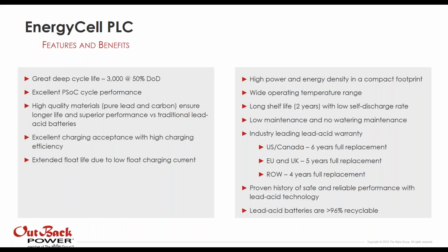So the PLC offers great features and benefits. It has a great deep cycle life. I'll be repeating this over and over: 3,000 cycles at 50% depth of discharge. It has excellent partial state of charge cycle performance. The high quality material, so that's pure lead and carbon, ensures longer life and superior performance versus traditional lead acid